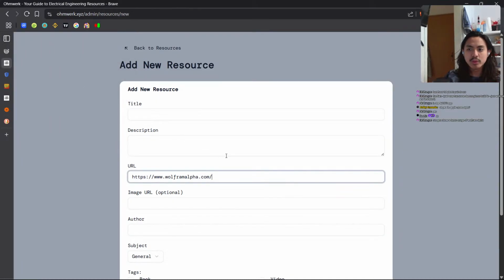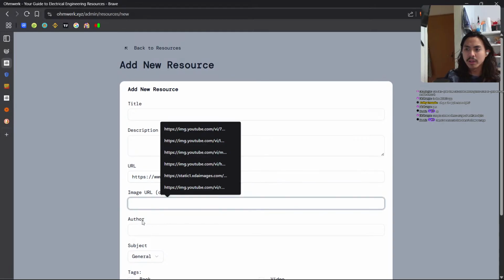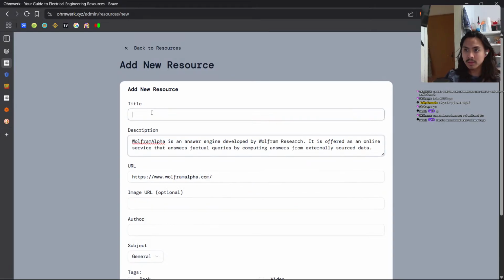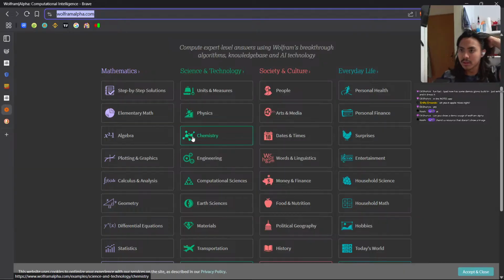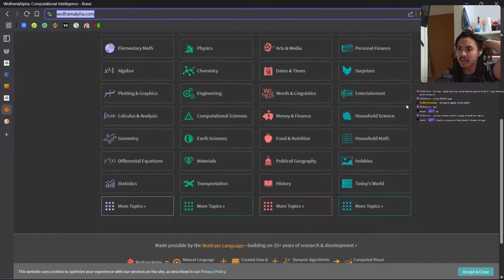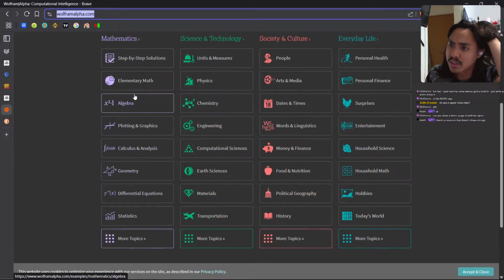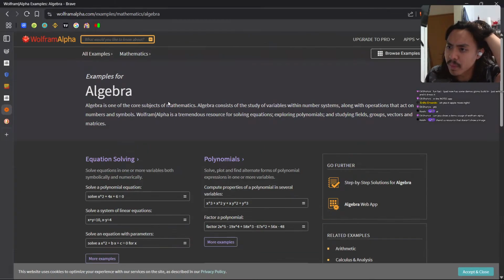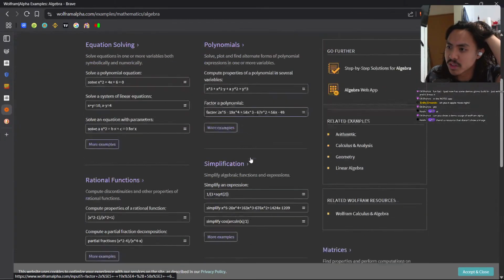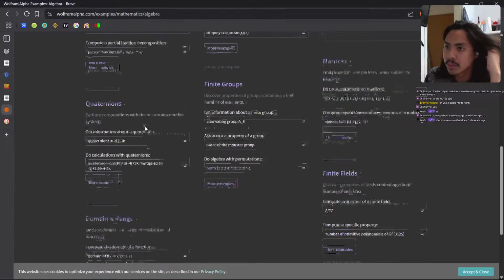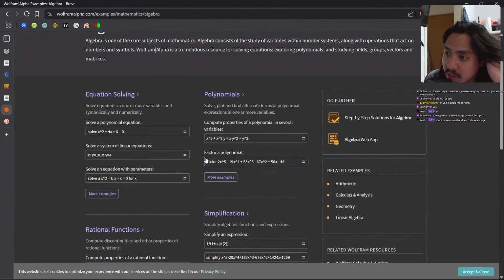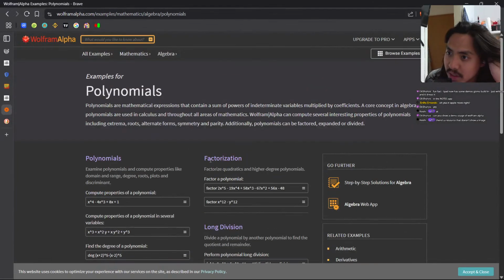Can you show a demo usage of Wolfram? Okay, wait 1 second. It's basically like a collection of calculators, not only calculator, but other stuff as well. I think at that time I was using it for differential equations, algebra, and all that stuff. So let's just say you have some certain equation and then you can compute them basically. To be honest, I already forgot any of this and how to do them, but